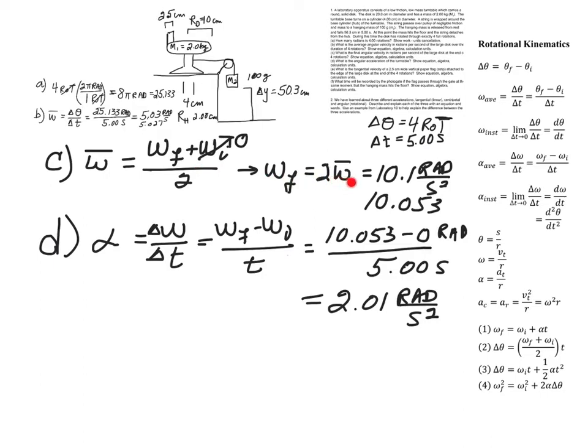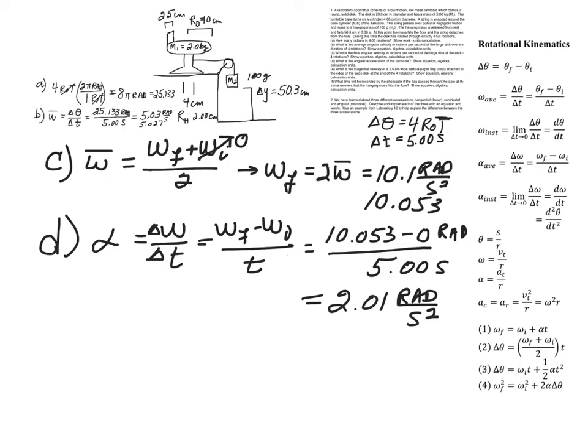If you wrote this down, it's better than not writing any equation, but you'd be better off to start with this. Omega final then is twice the average, and you get 10.01, but it's actually 10.053 radians, so I'm going to save that. Now, if I have omega final, the easiest way to get the acceleration is just to use